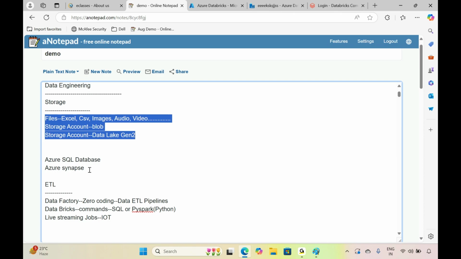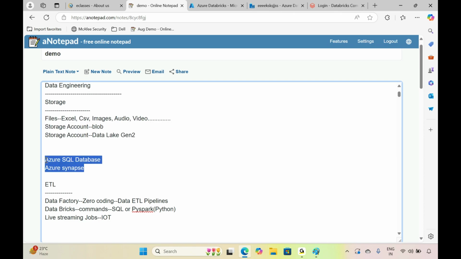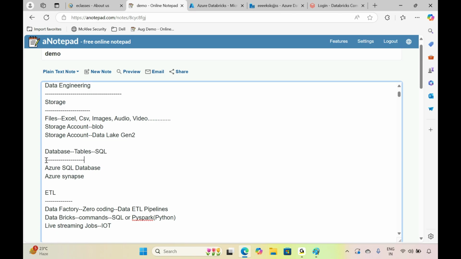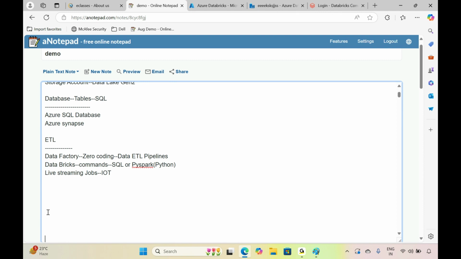For example, if you want to save your data in terms of a database, with tables and SQL queries, all those things, you can use Azure SQL database or Azure Synapse. Got it? Database, tables and SQL, if you want to save these, you can use these services. So in this training I'm going to cover these two storage services completely, how to create them, how to store the data, how to create databases, and how to develop a data factory